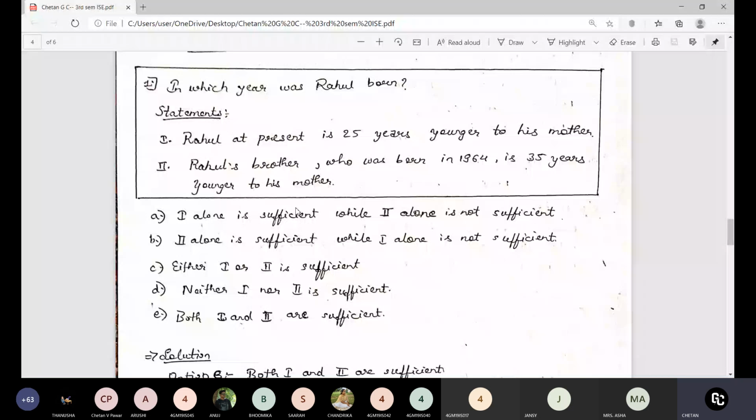In option A, if data in statement 1 alone is sufficient to answer the question, while data in statement 2 alone is not sufficient to answer the question. Whereas in option B, if data in statement 2 alone is sufficient to answer the question, whereas data in statement 1 alone is not sufficient to answer the question. In option C,